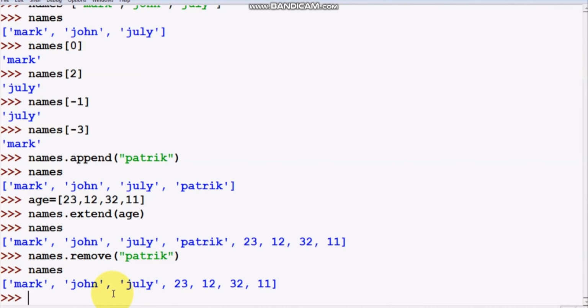So in this way you can remove values from your list in Python. Now, for example,